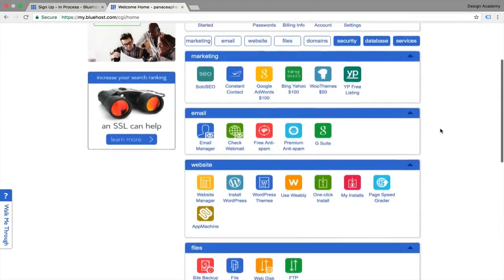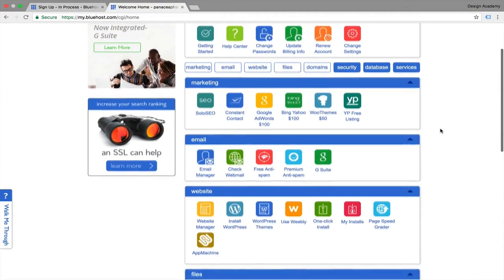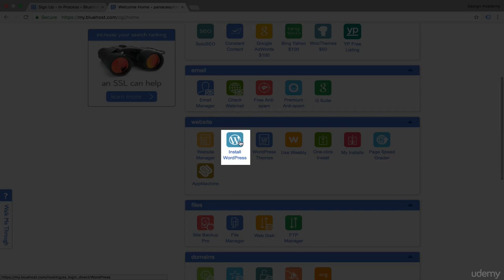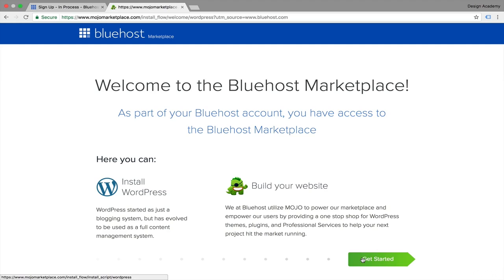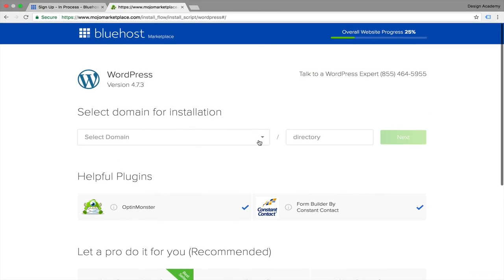But now we're gonna install our WordPress as we purchased our domain name and got our hosting plan with Bluehost or any other hosting program you would like to enroll with. And now we're gonna install the WordPress to start controlling our website. From the website tab, you're gonna press on install WordPress and press on get started. Through WordPress, you can install themes and get control of that website and design it the way you would